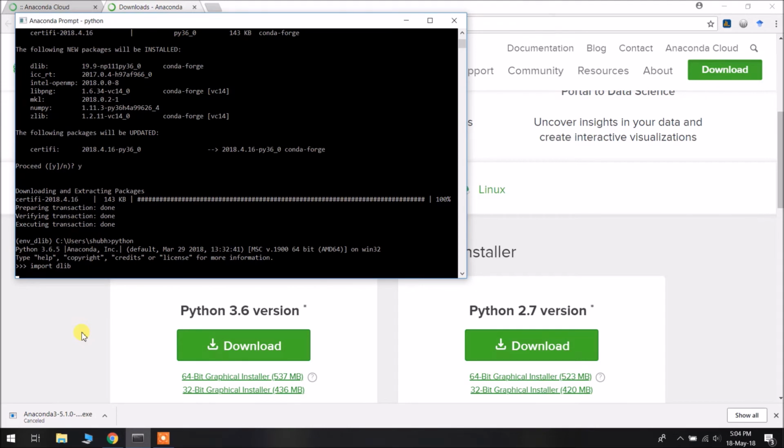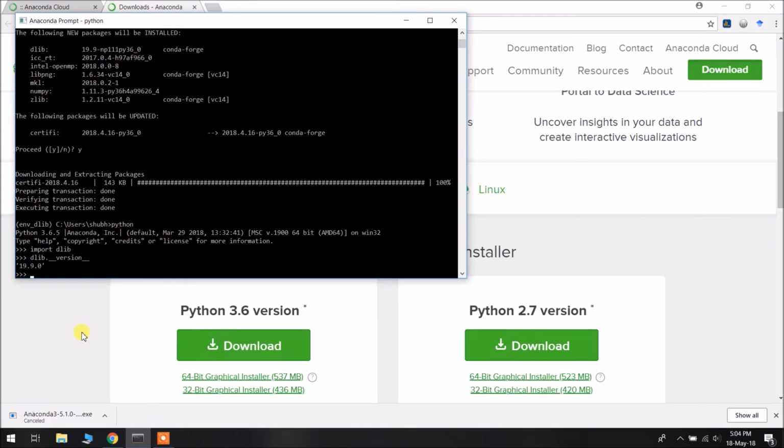It should import without any errors. Okay, now we will check the version of dlib. We have just installed dlib dot underscore underscore version underscore underscore. Okay, we are having 19.9 version of dlib.